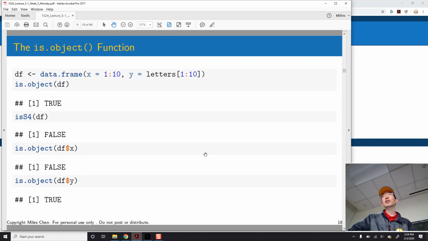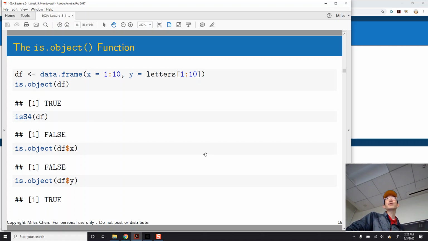We're just pulling out the column where, when we defined the data frame, we said y is equal to letters 1 through 10: A, B, C, D, E, F, G, H, I, J. It's single bracket, so then it's returning a list. No, it's not returning a list. If I do df $y, I'm not going to get a list. What am I going to get? I'm going to get A, B, C, D, E, F, G, H, I, J, but it will be a